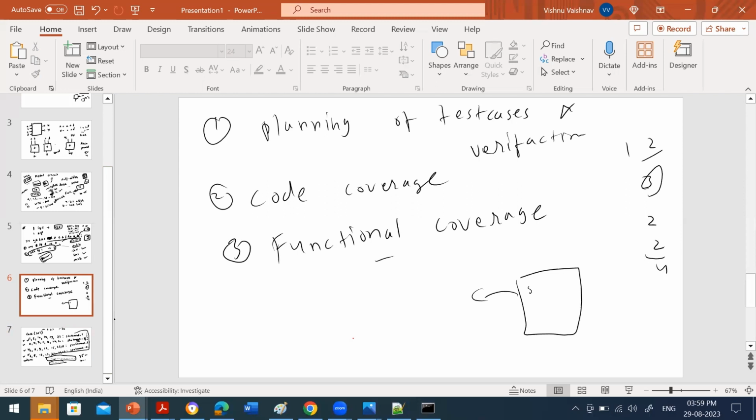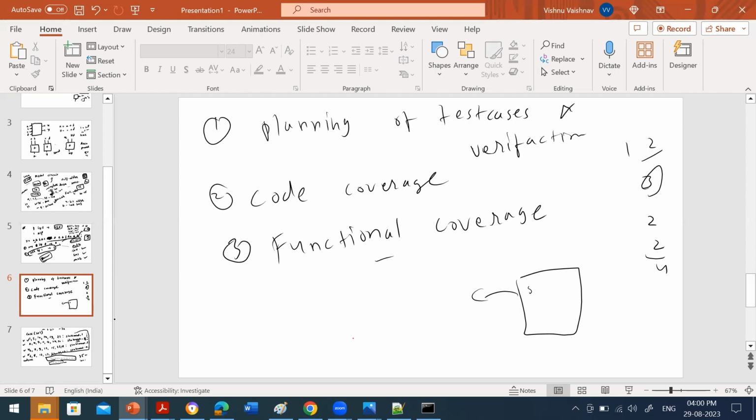Now, what to do with that 1 rupee? Such kind of thinking you should produce while reading the specification itself. So now the designer would read the specification, try to identify the different functionalities and features inside, and implement the code. Now, what is the guarantee that it will implement each and every feature, each and every functionality